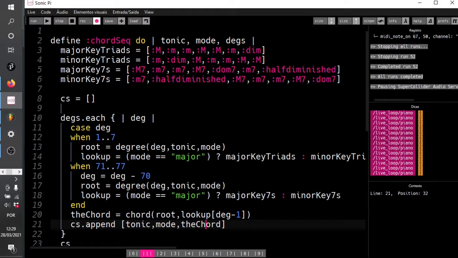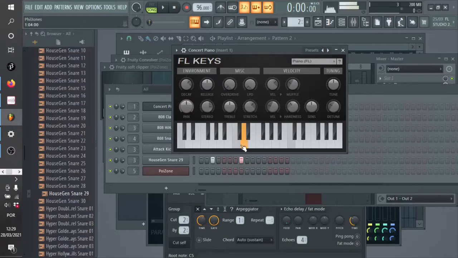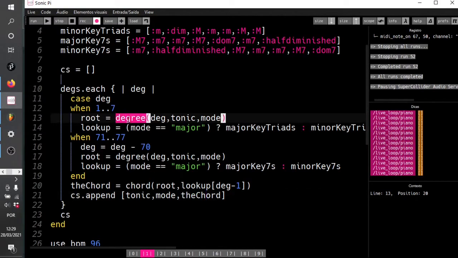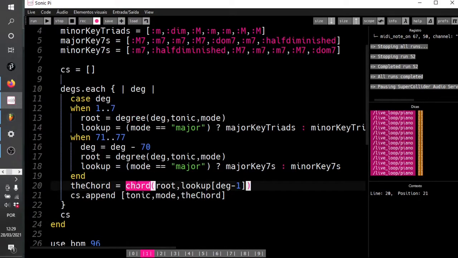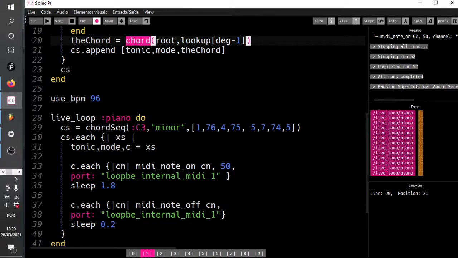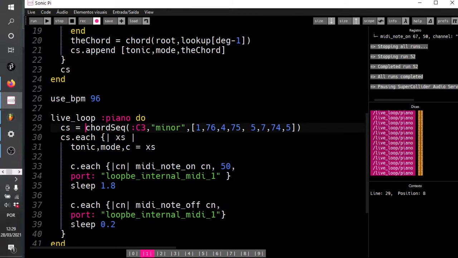Once you understand the complexity of these calculations, musicians have to learn it. Actually working this out from scratch is a little bit more fiddly. Sonic Pi gives you the degree function and the chord function that do some of the work for you, but to do the rest of the work, to incorporate the rest of the music theory, we just made ourselves these tables, or these arrays, with the lookup to look up the appropriate data, and then bundle the whole thing in chord sequence, and now we've got a convenient interface or API that will let us just choose chords for our